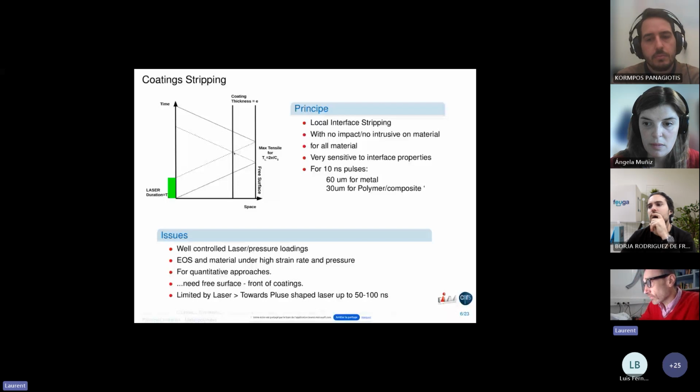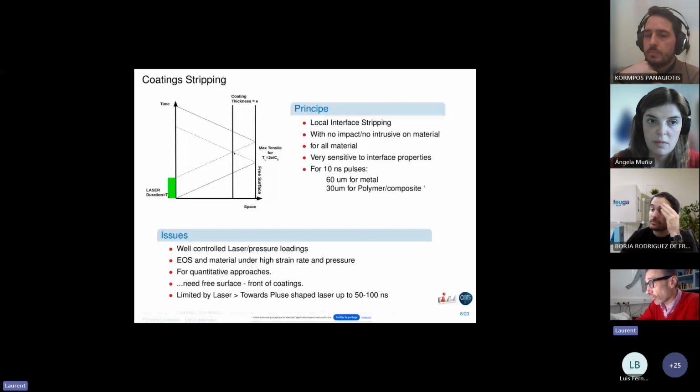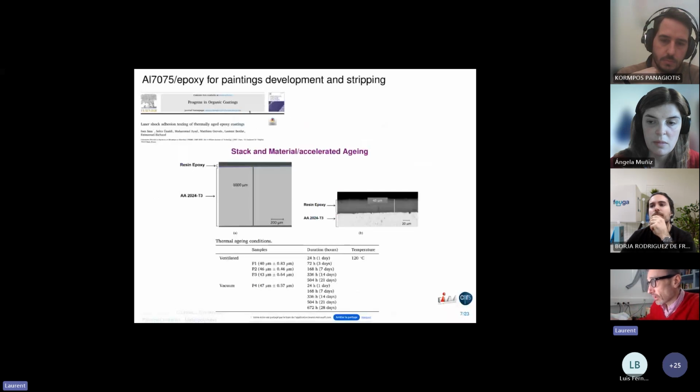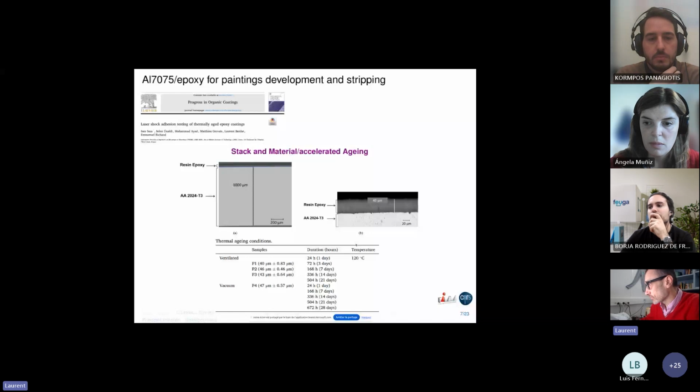And the objective of this work is to see the influence of the thermal aging conditions on the adhesion of the interfaces, and so the parameters we can use for stripping. And it is representative of end of life of materials. This is accelerated thermal aging with different durations of aging at a temperature of 120 degrees, and for several thicknesses of materials. So this is an example